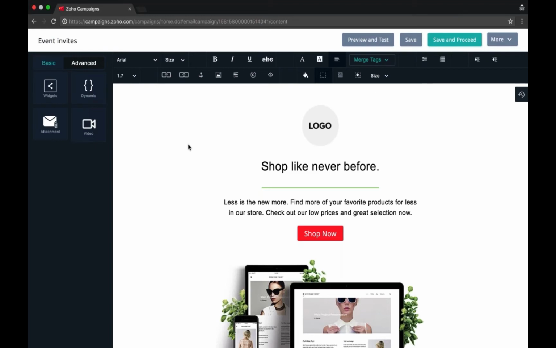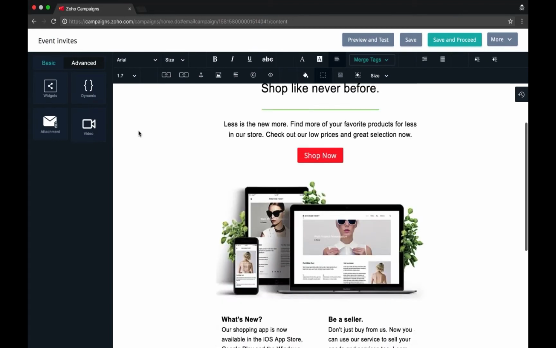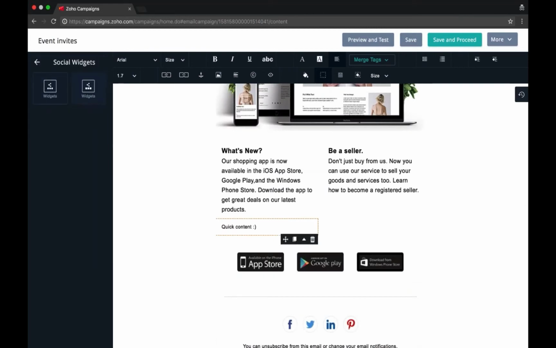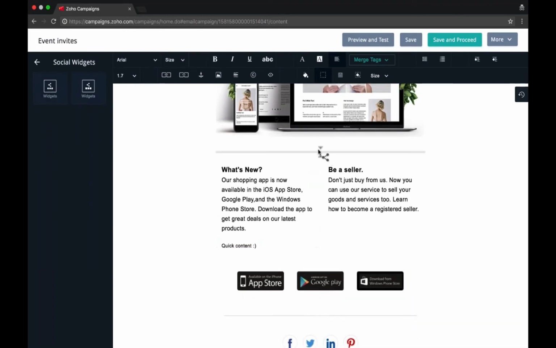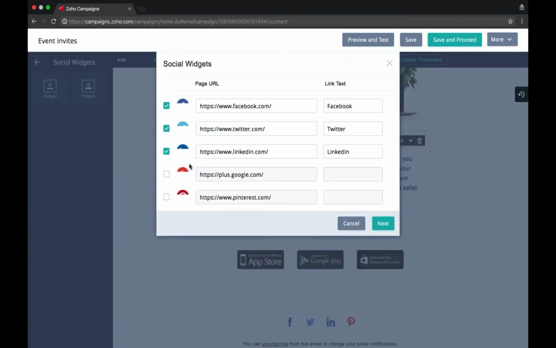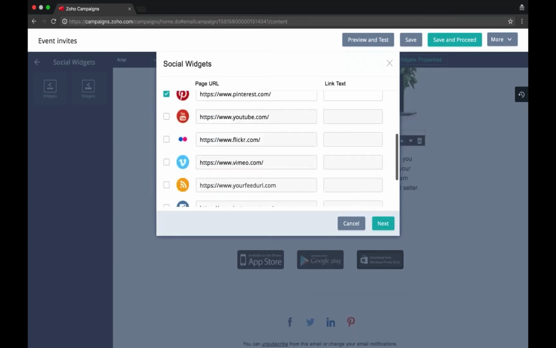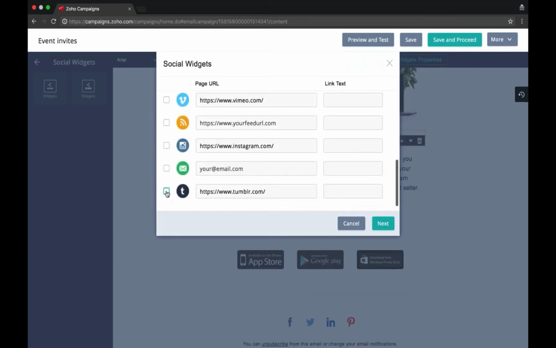You don't have to manually upload an icon and associate a URL with it or anything. You can just click widgets and you can decide how you want the widgets to be displayed. So let's say I choose this and I put it somewhere here. I can decide what widgets I want to show in my email. So let's say I want Google Plus and Pinterest as well, and let's say I want to use Tumblr too,